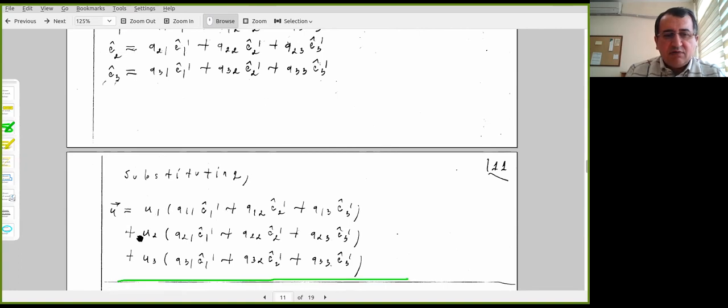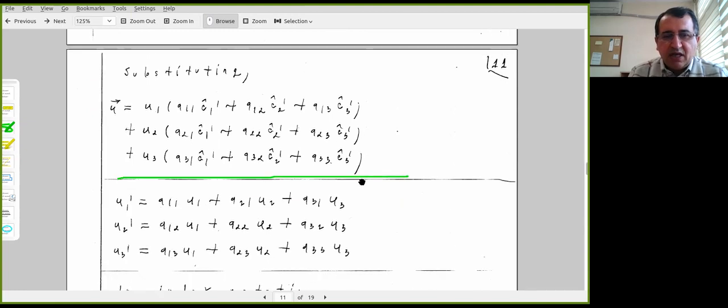This is v1 e1 plus v2 e2 plus v3 e3, but we know what e1, e2, and e3 are in terms of primed quantities. The same vector is written in the primed coordinate system. You can place a superscript prime here to indicate that, but we can simplify this: factor out e1 prime here, factor out e2 prime, and factor out e3 prime,